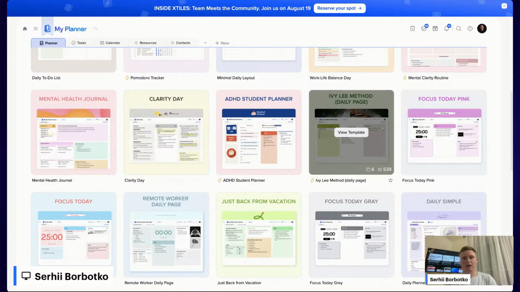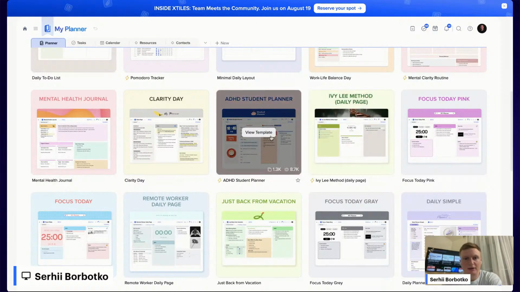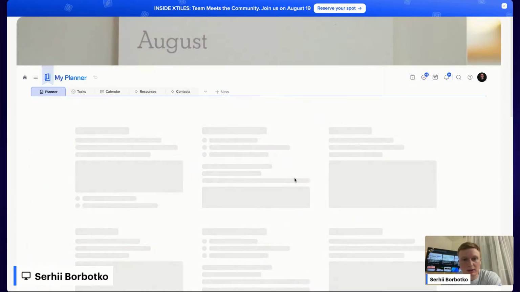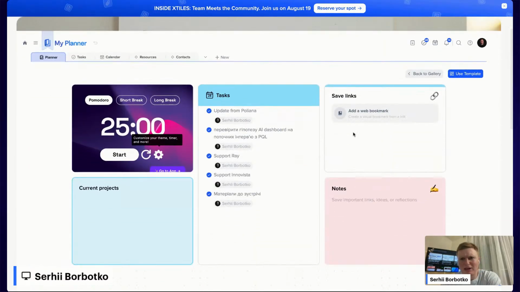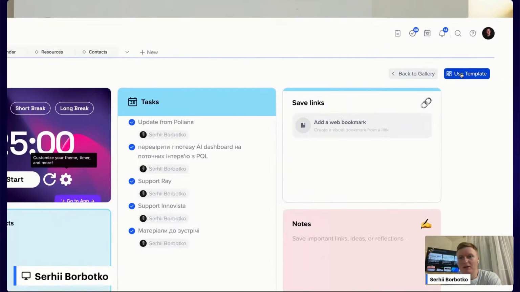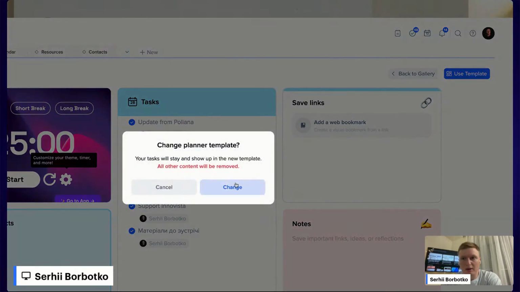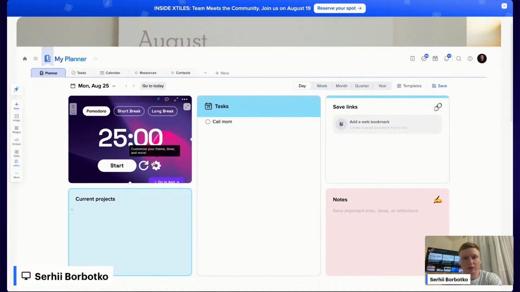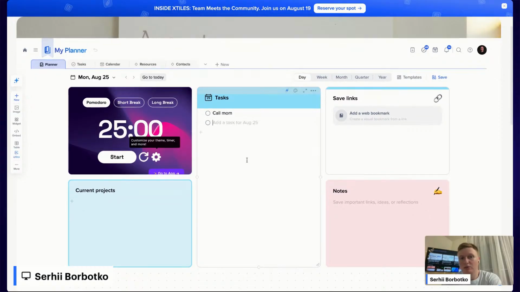For example, for weekends, it can be something else. So for work days, it could be something else as well. So we can have, I don't know, some kind of, let's say, focus day. It's almost the same as what I already have, but never mind. So I can click use template, and yeah, the layout was changed, and I can start to plan something else. So for example, I can say call that, no, sorry, my examples are not that good today, but still